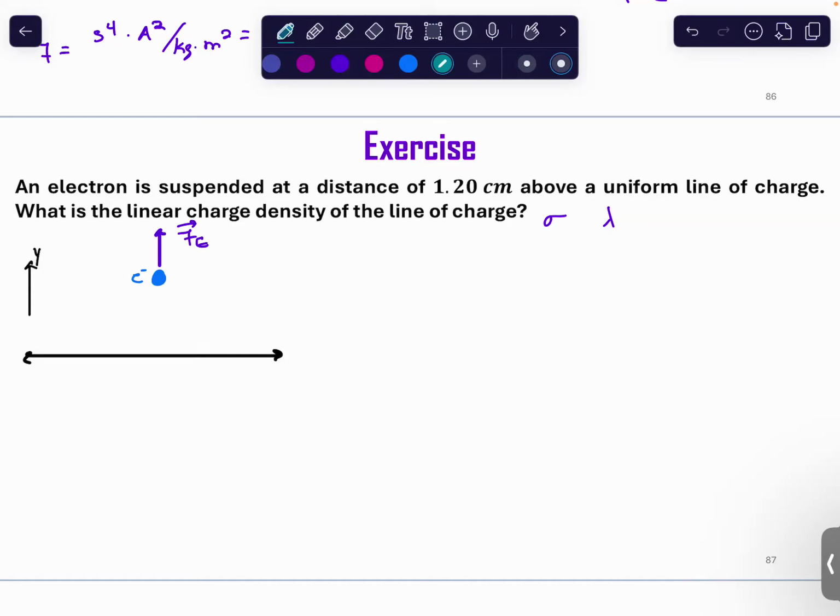Gravity. Minute, but it's still there. Mass of the electron times gravity. Now, if the force on the electron is pushing it up, which way does my electric field point? Pointing down, because remember, electrons go opposite the field. So this is the free body diagram we'll use to solve this when we get back,